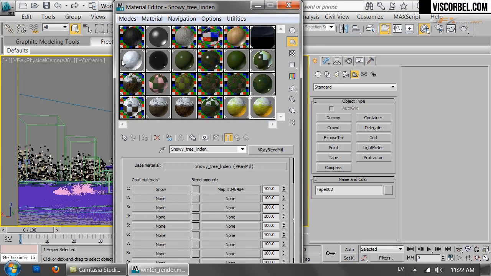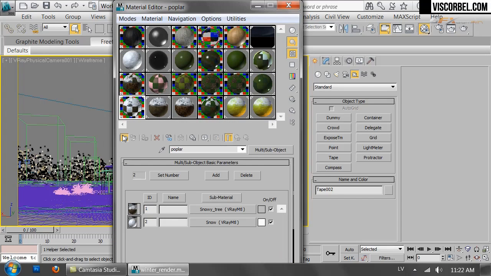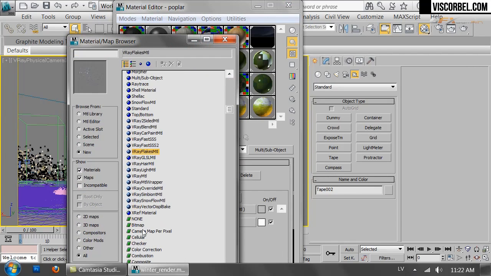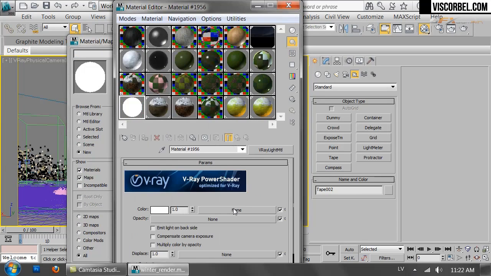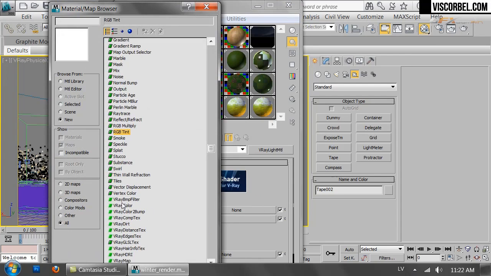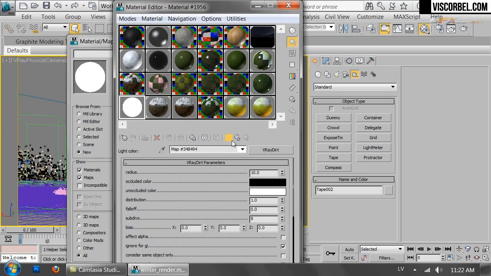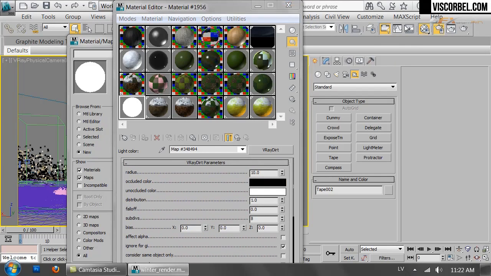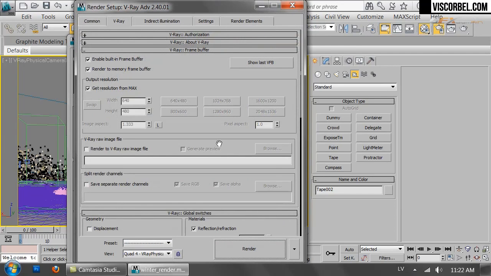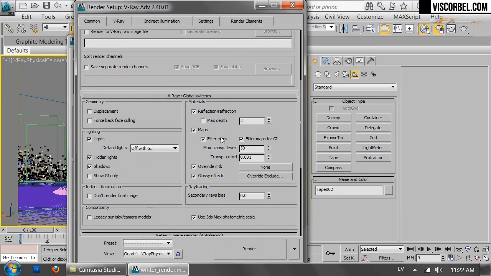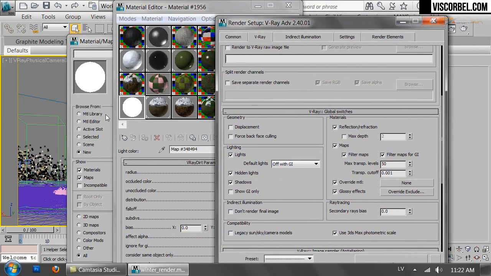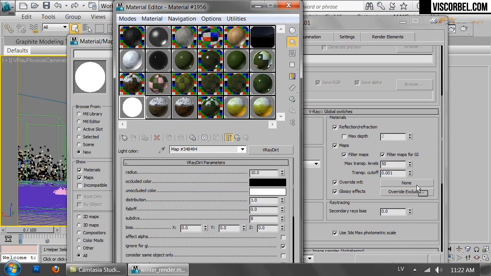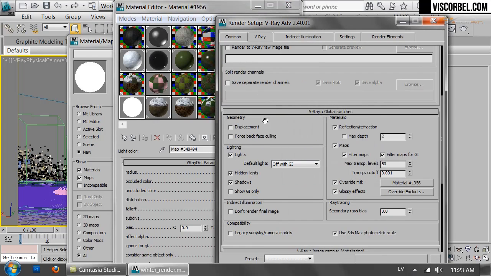And for that, we're going to create a new material, VRayLightMaterial. Set up VRayDirt map in that map slot or color slot, and let's try it with the default settings and see how it looks. So basically, to render this ambient occlusion, you want to use an override material. Just drag and drop it here and make an instance. And you want to turn off